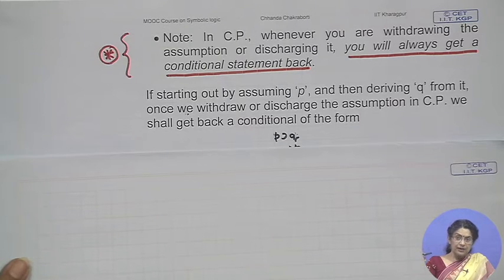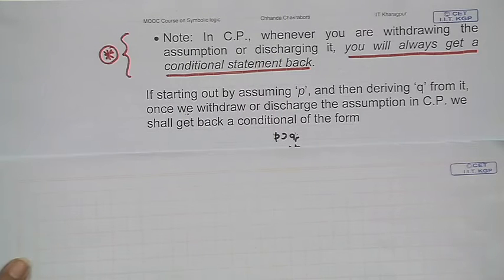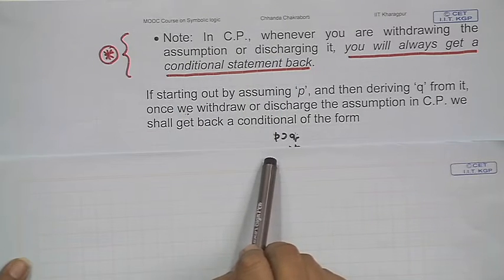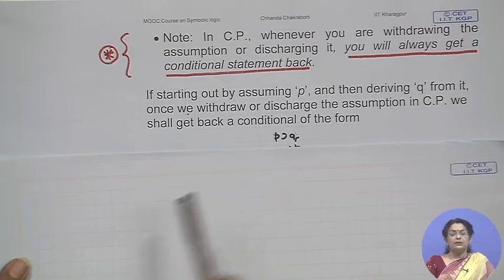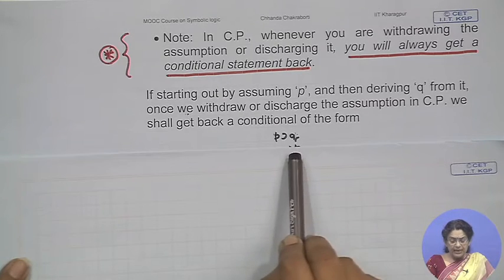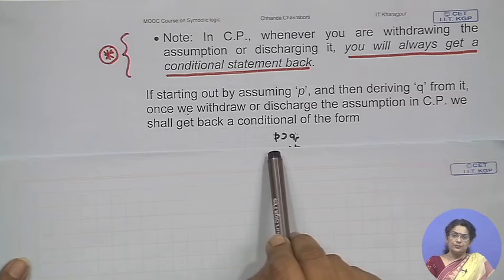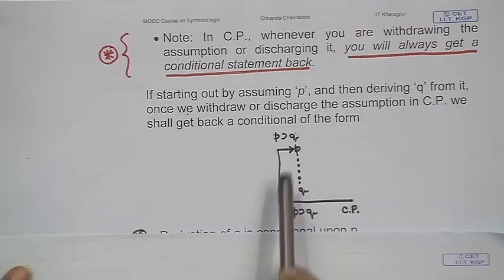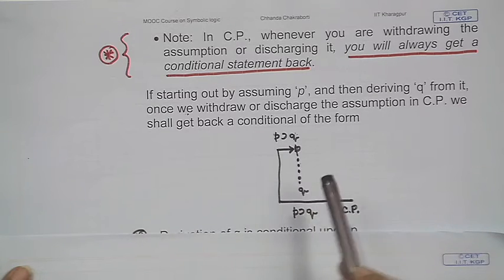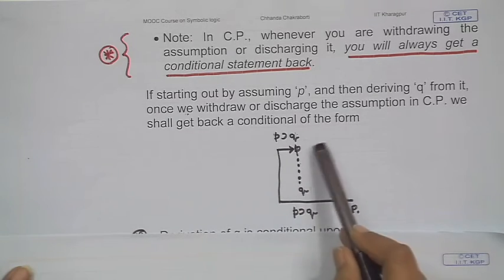Once you reach that target, you say okay, I do not need it, but when you close the assumption, when you discharge the assumption, what happens? Inside the proof a conditional statement will appear where the antecedent is going to be your assumption and the consequent is going to be the line that you have derived from it, based on it. So, you are saying that Q is conditional upon the assumption of P, and the bent arrow will work like this. This is where the arrowhead will point at, and then through the lines, this is where your 19 rules